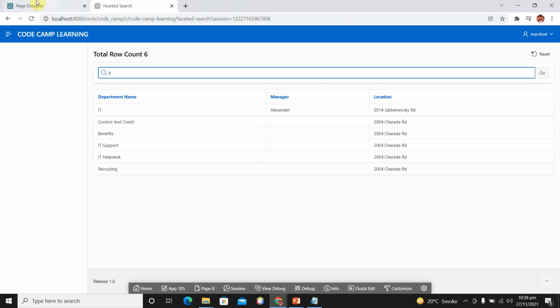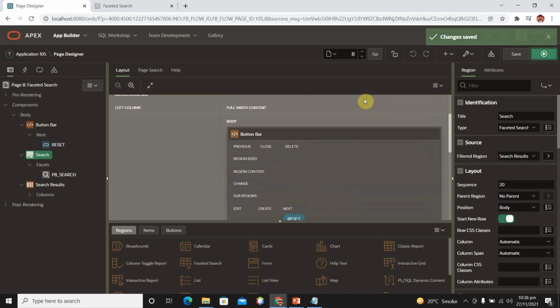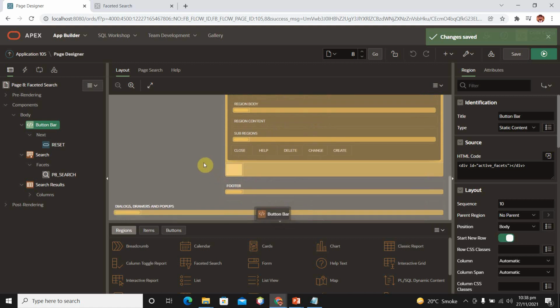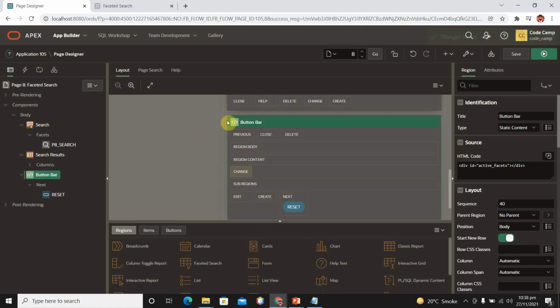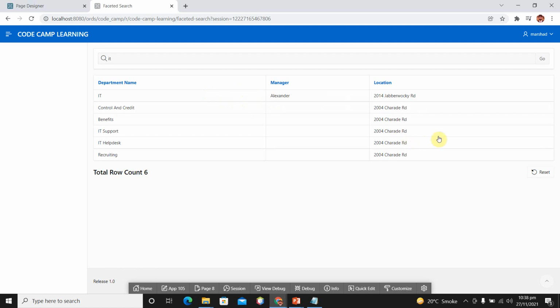If you want the reset button at the bottom of your search results, you can drag and drop it there. Run, and you can see our reset button and total count are at the bottom of the search results.